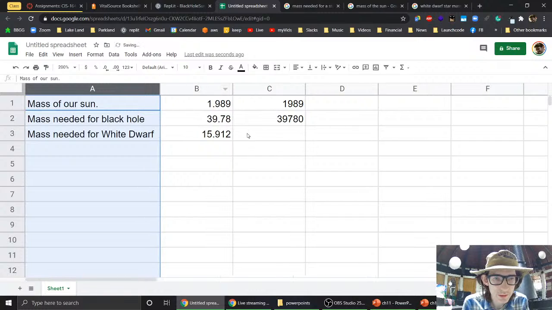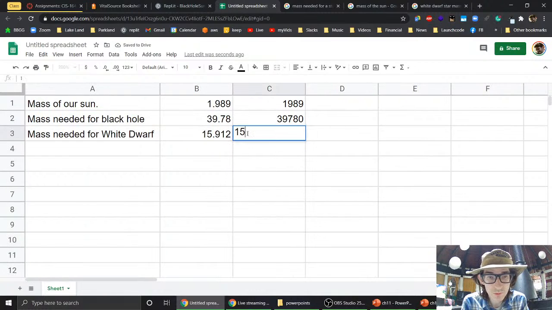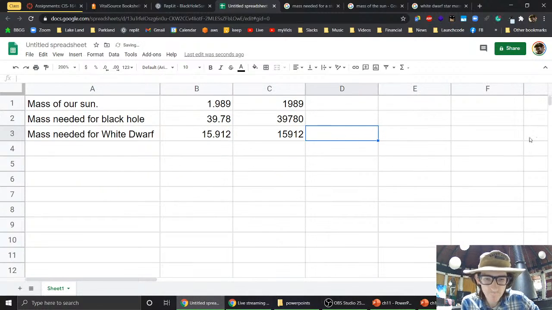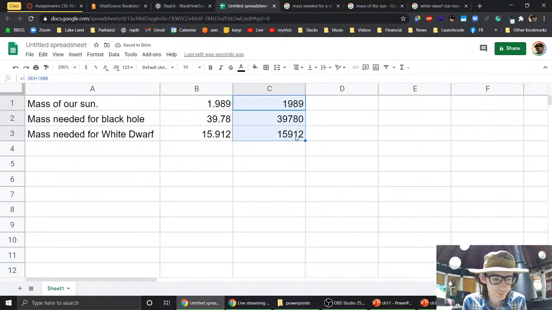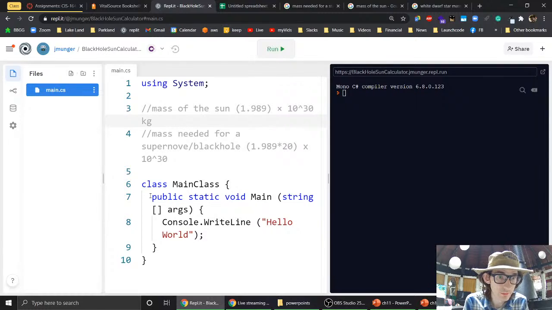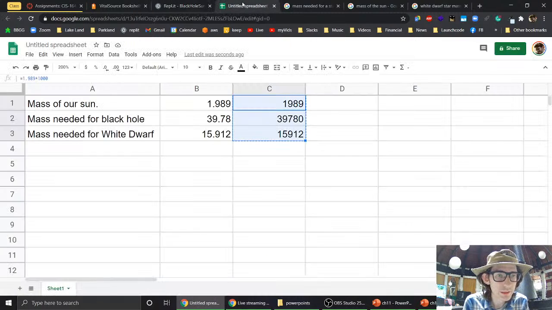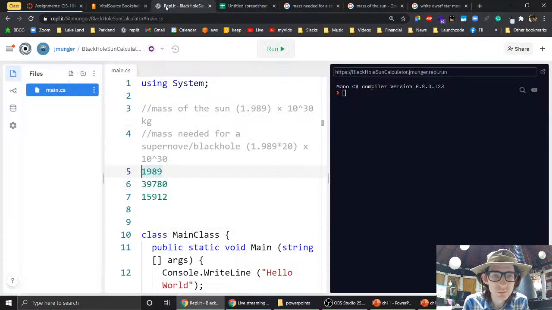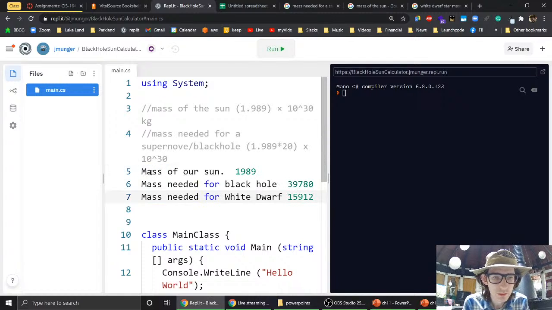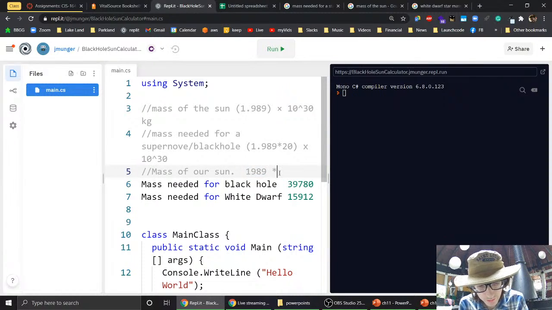Okay, alright. So this would be 15912 for mass needed for white dwarf. Okay. I'll take those numbers and we'll put them in the comments so that we can look at them and I don't have to keep switching back and forth. And it may have been easier to do this. Times 10 to the